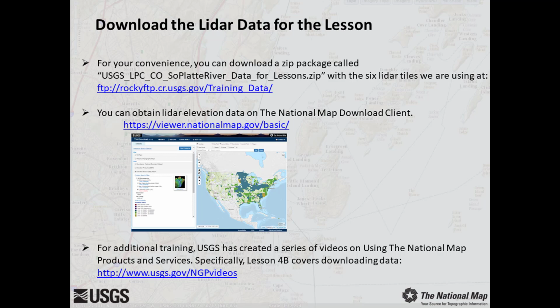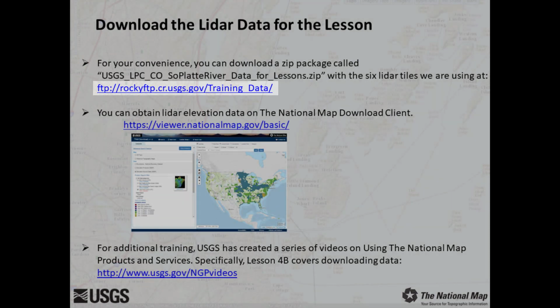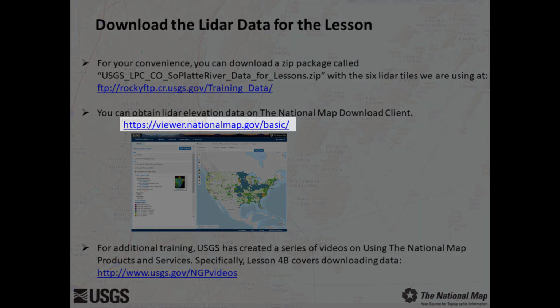from the FTP site at rockyftp.cr.usgs.gov/training_data. After you've downloaded the LiDAR data, extract the zip file into a folder on your local computer to use during this lesson. The National Map has a download client where you can find USGS products, including elevation data such as LiDAR point clouds, at